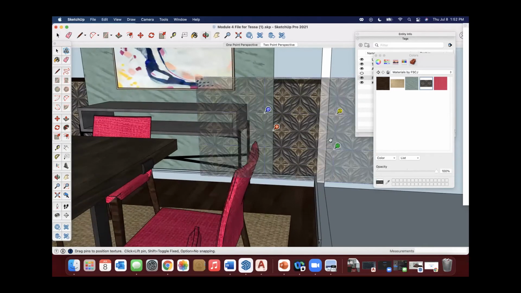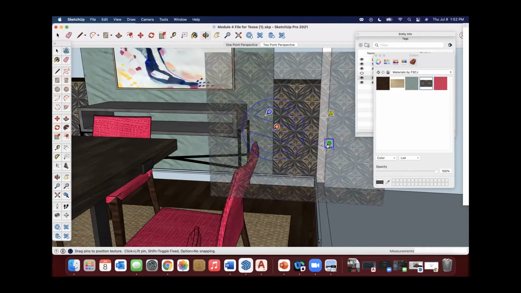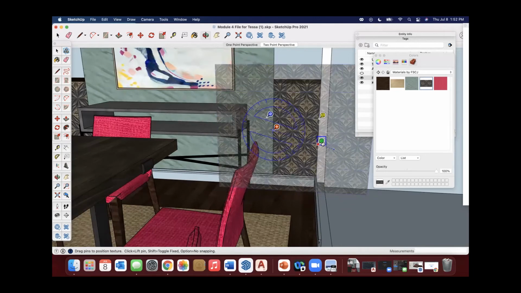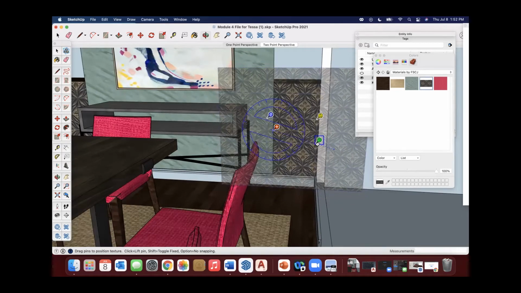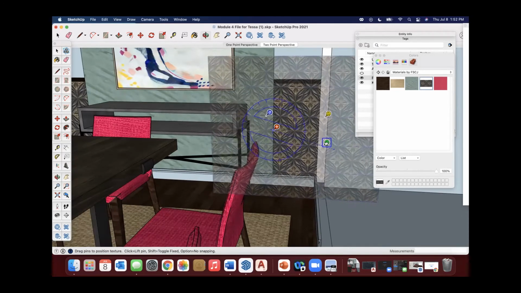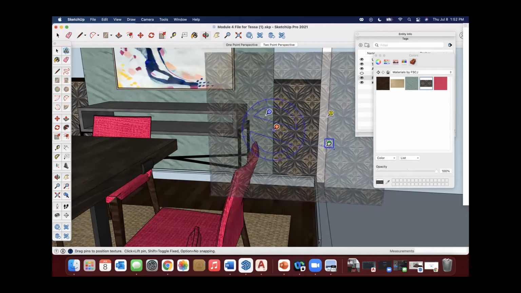Then I can take the scale/rotate pin and drag it this way. I'm not going to go diagonal or rotate it. I just want to scale it so that the medallions look more like this, where we're not cutting that off.